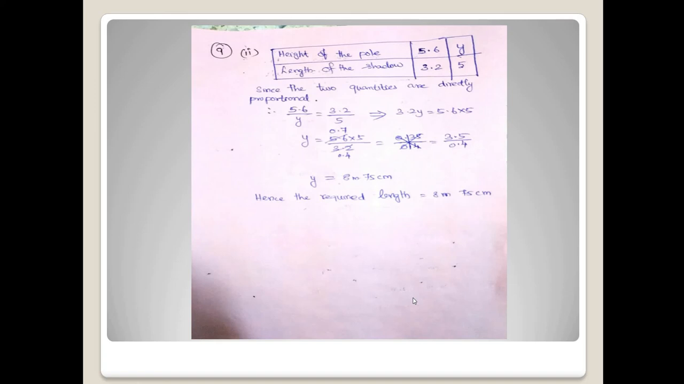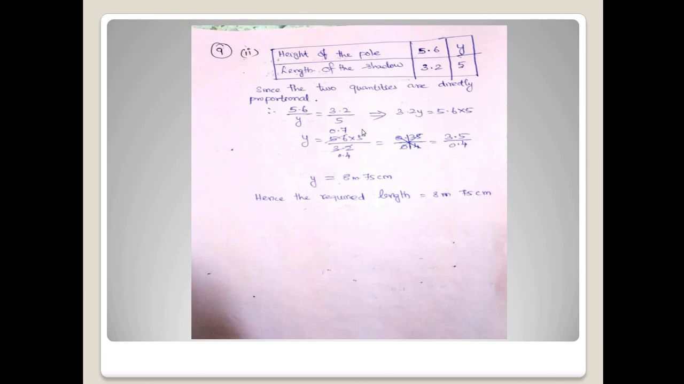Height of the pole is given 5.6. The length of the shadow is 3.2, and you need to find out the height of the pole as y. The length of the shadow is given 5. Okay, since the two quantities are directly proportional, we can write their ratio as 5.6 by y equal 3.2 by